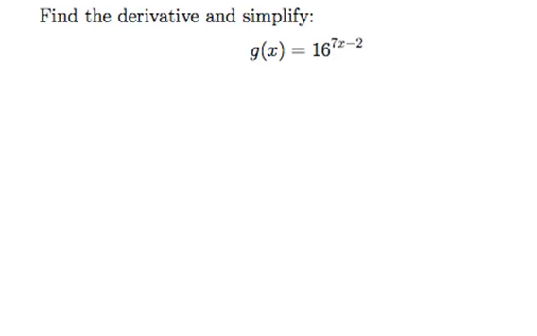In this problem, we're given a function and we're asked to find the derivative and to simplify the result. So as I look at this function, what I notice right away is that the variable is up in the exponent. This is an exponential function, therefore, and dealing with exponential functions isn't too bad, but they do have their own sets of rules. The simplest, of course, is the derivative of e to the x is simply e to